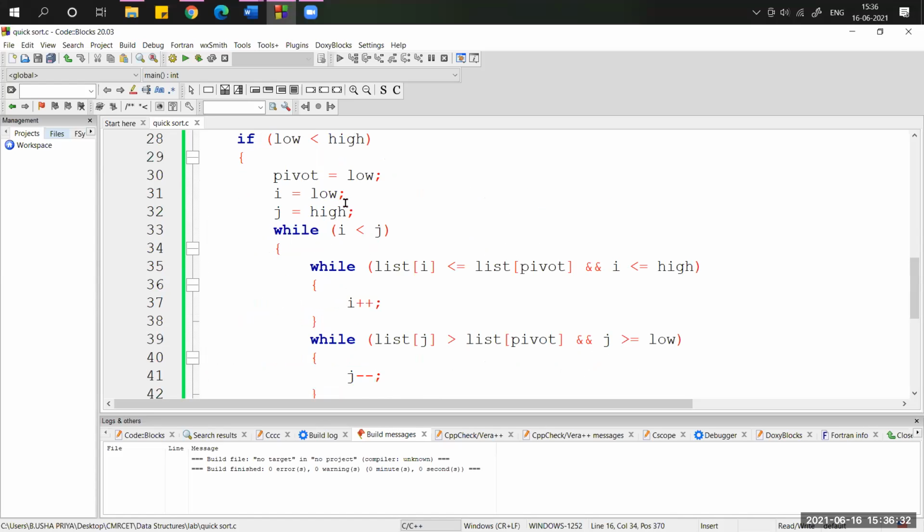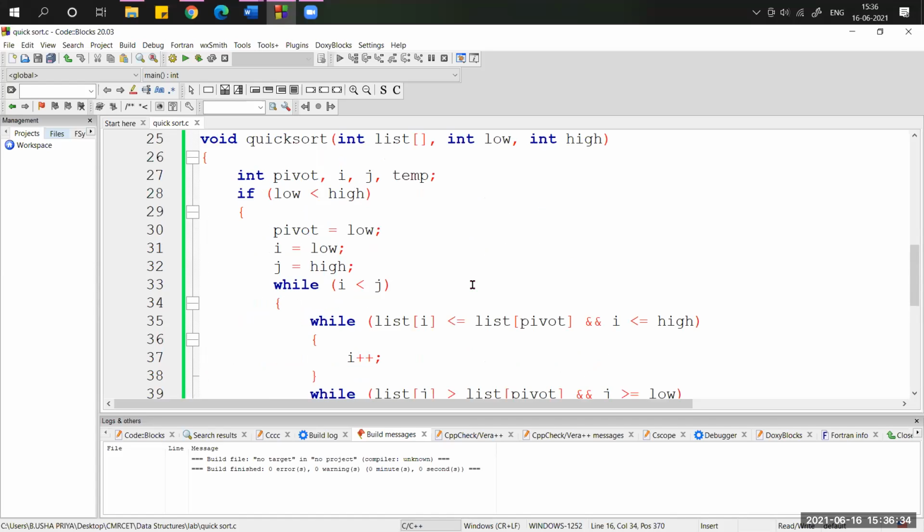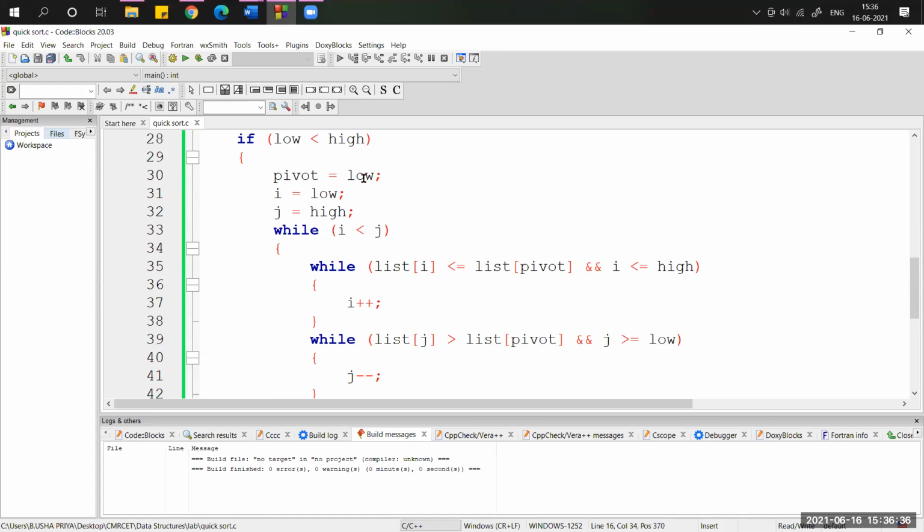Here I'm taking the pivot value as a variable. Now the pivot should be the first element, starting here. It's your wish. Either the pivot should be the starting element or n minus 1, whatever it is. If you want to change, you can change. Now always i should be treated as low and j should be treated as high, like the left pointer and right pointer. In place of L and R, here I am taking i and j.